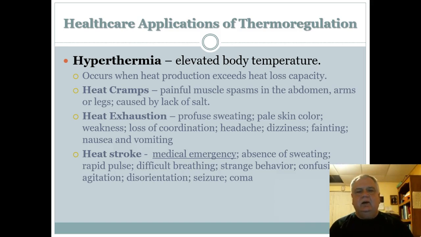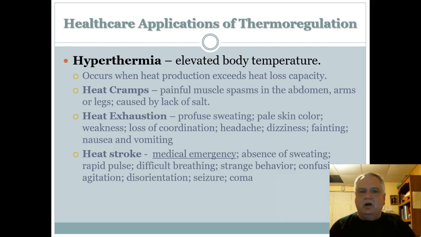Now, whenever you look at that, if you have a person in heat exhaustion and they're profusely sweating, and you're worried, oh, they're profusely sweating because their body temperature is too high, and suddenly they stop sweating, you might tend to think, oh, they stopped sweating, so their body temperature must have come down. Well, no, it's an indicator that they don't have any more water left to be able to sweat out. Now they lost a major mechanism, sweating and water evaporation, to help bring the body temperature back down. So now the body temperature can rapidly go up.